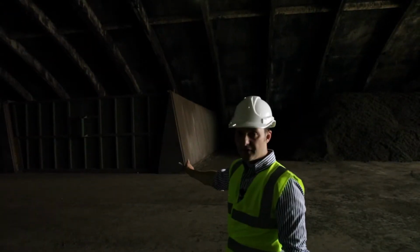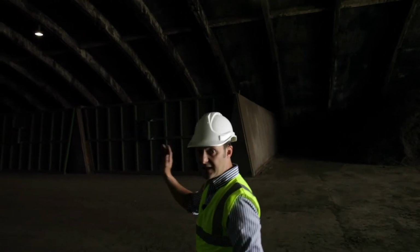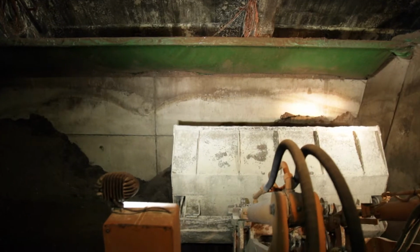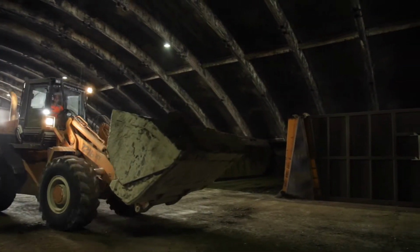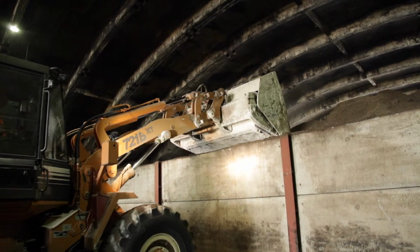Once it's gone through the same process, 60 degrees again for 48 hours, we can then take it into what's called the clean area or the maturation area, which is just over this wall. Now then, this area here is what's called the dirty area. And we've got a designated machine which works solely in this particular area. Once it's been processed and composted,